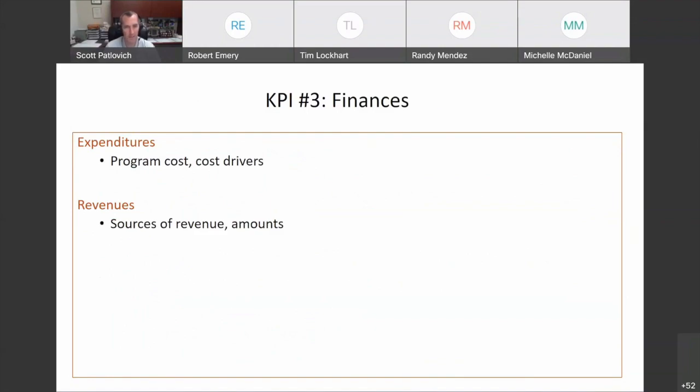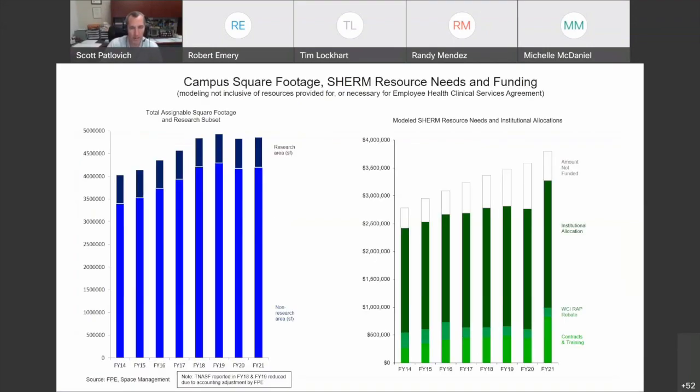Third KPI is finances. So we talk about both the costs of running our program and some of the revenue that we bring in due to some of the entrepreneurial activities that we participate in. You've already seen this graphic from Safety Bob's presentation. What I'd like to highlight is our FY21 numbers. We did increase